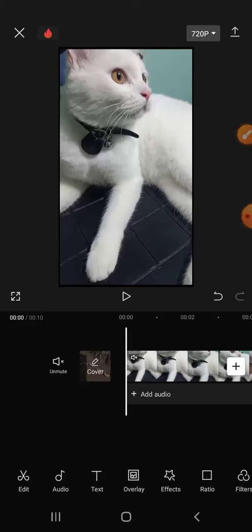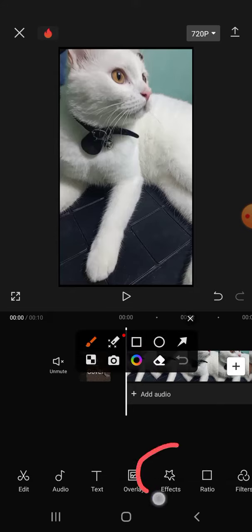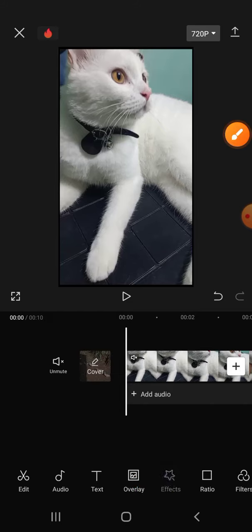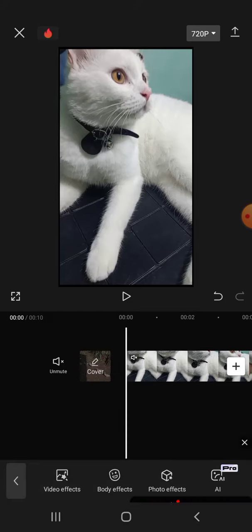This video will show you how to utilize the zoom feature in CapCut. Alright, the first thing you should do is import your video to CapCut, and then if you want to put a zoom feature or zoom effect on your video, you have to click on effects. You have to click the effects option right here and then choose video effects